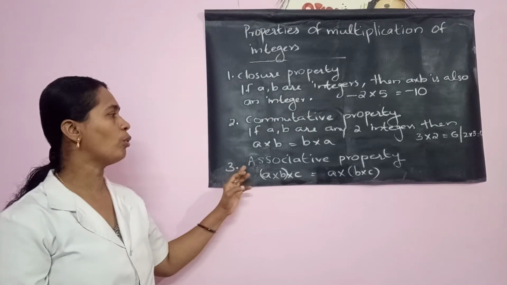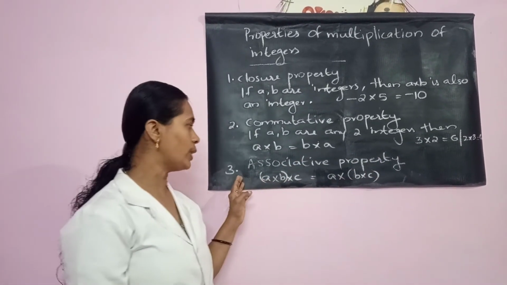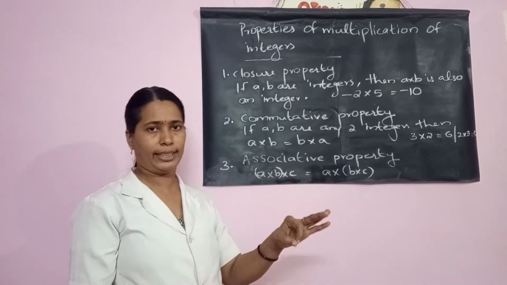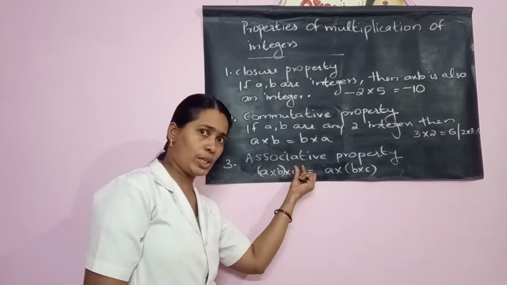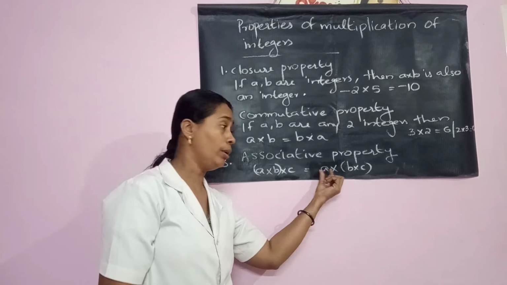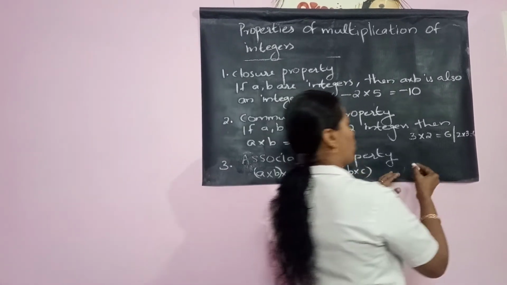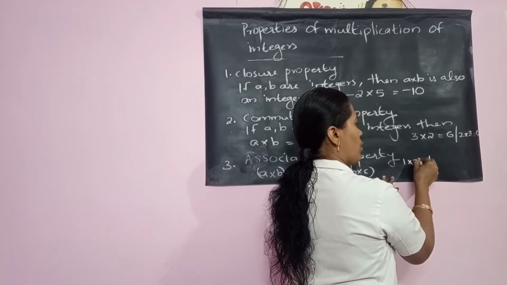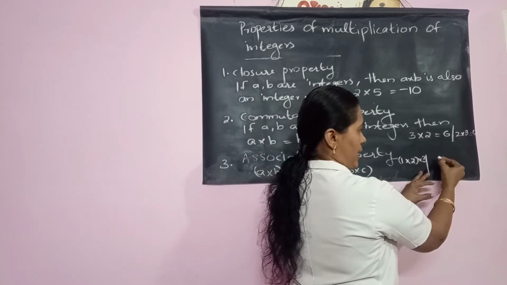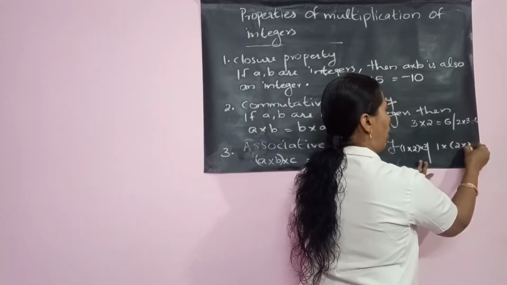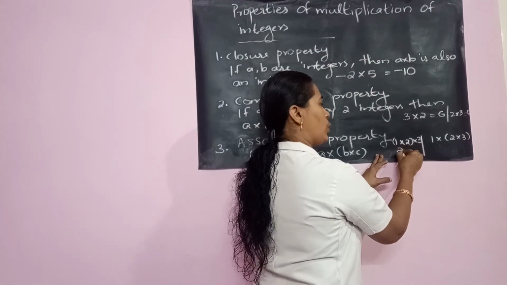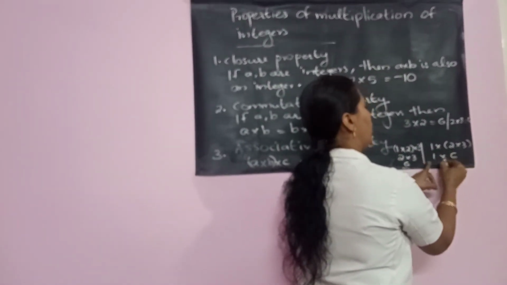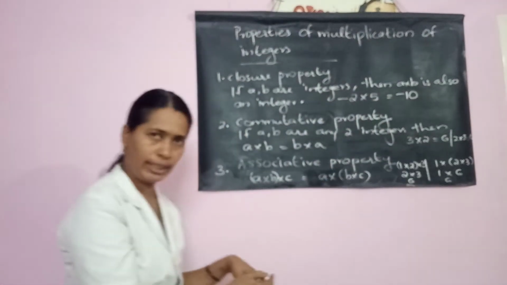Okay. Next, let us move to the associative property. In case of the associative property, we have to consider 3 integers at a time. If A, B, C are 3 integers, then A into B into C is the same as A into BC. Let us see whether it is true or not. Let us make 2 columns. Let us take the numbers in the order itself, 1 into 2 into 3. So, 1 into 2 into 3 on one side, 1 into 2 into 3 on another side. 1 into 2 gives 2, 2 into 3 gives 6 to us. Similarly here, 1 into 6, 1 into 6 is 6 itself. Okay, is it clear?